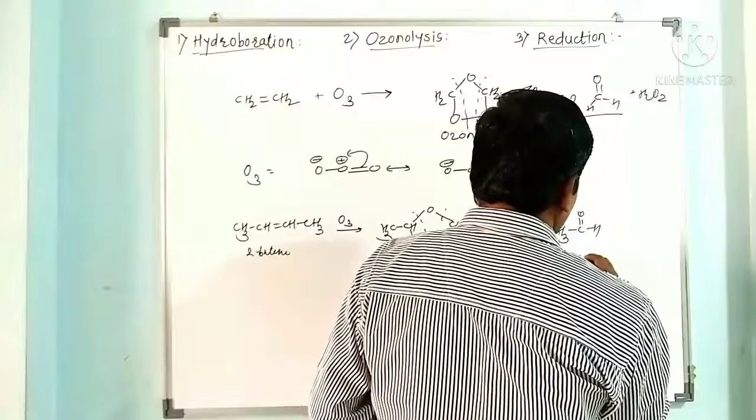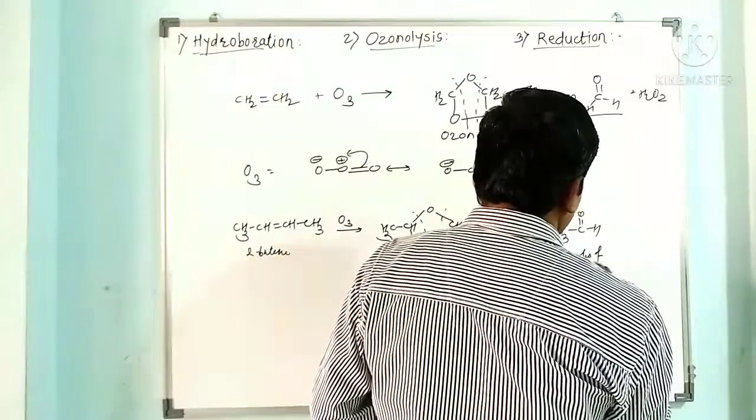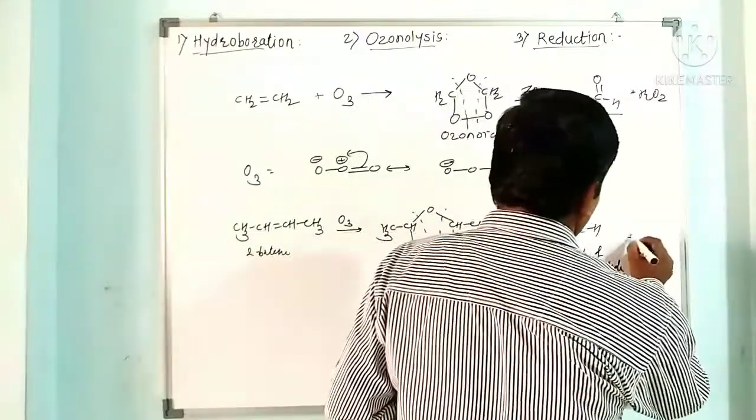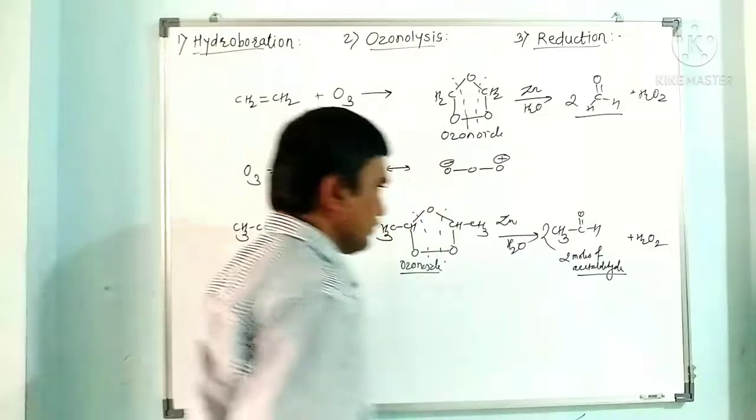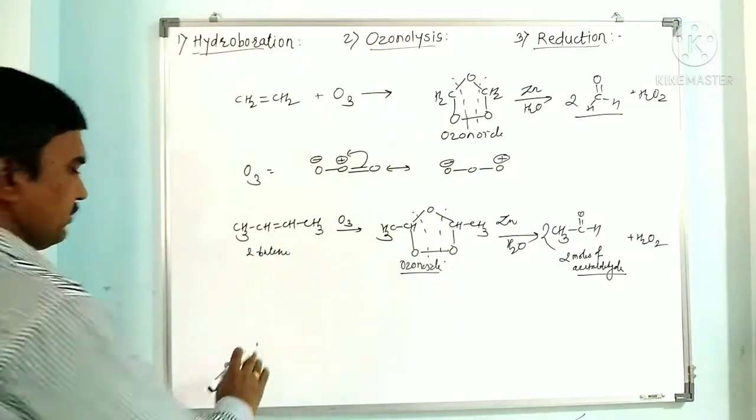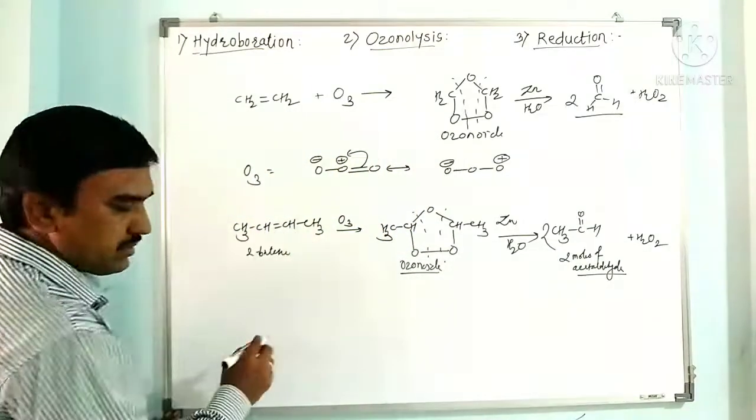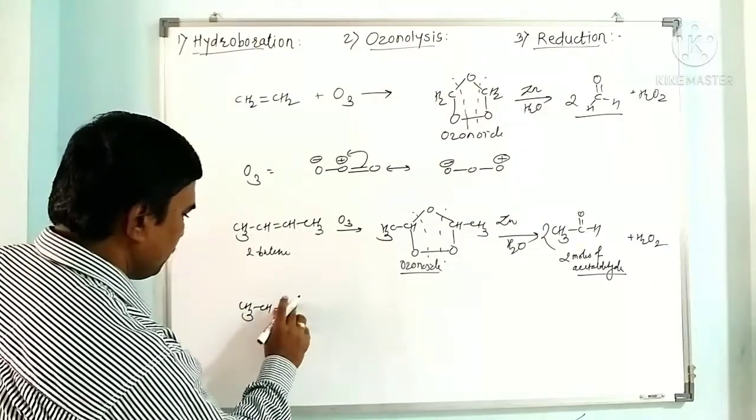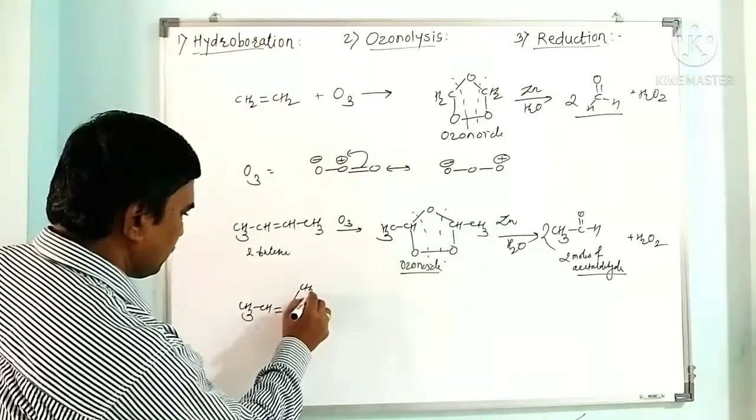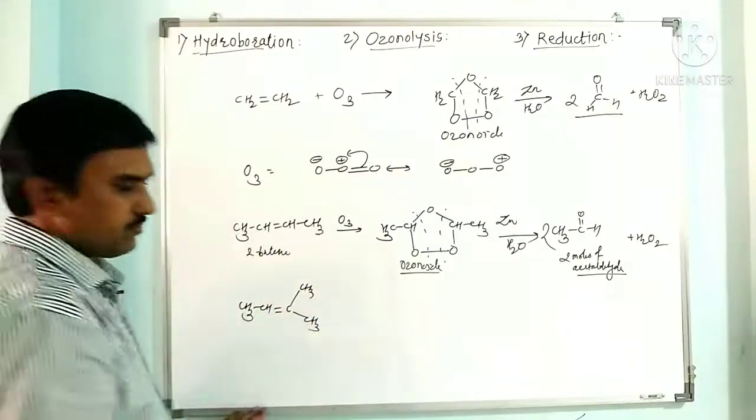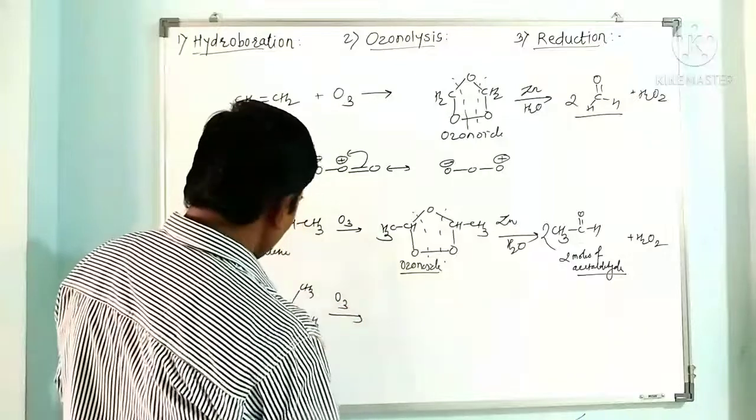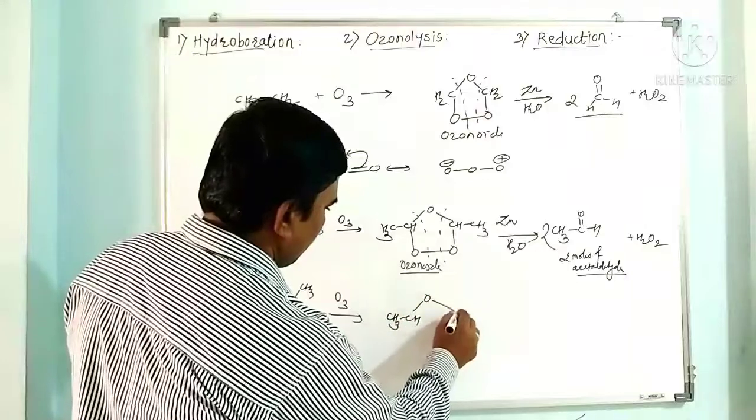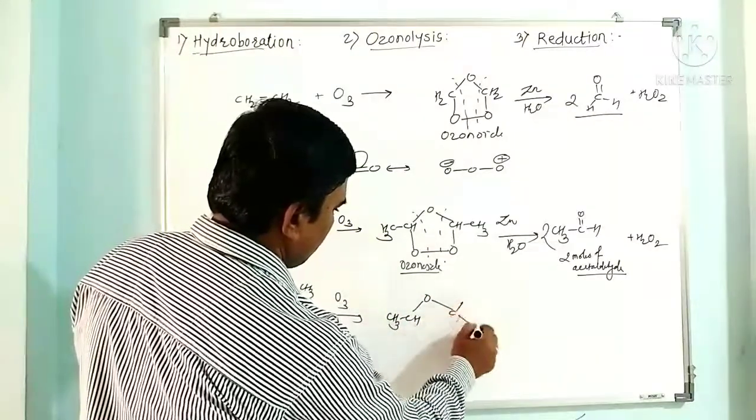So 2 moles of acetaldehyde, plus H2O2. When we have an example of an unsymmetrical alkene such as CH3 CH double bond C CH3 CH3, when it reacts with O3, that is ozone, we get here CH3 CH O C CH3 CH3,